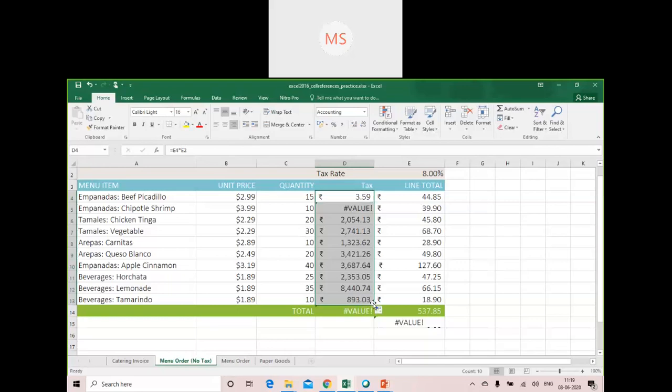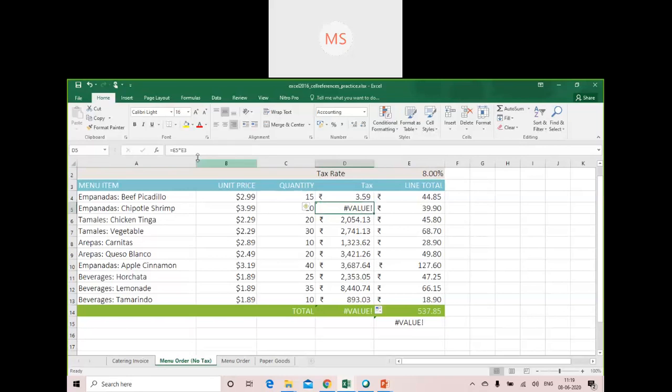But as you can see, these calculations are not correct. Why are they not correct? Just check what happened while copying the formula. The original formula was E4 multiplied by E2, where E2 consists of the tax rate.